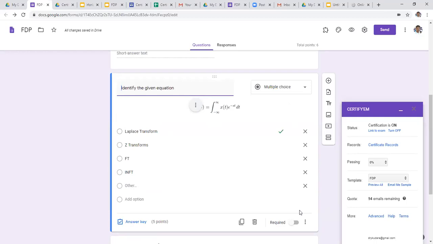If the participant clicks on Laplace transform as the right answer, automatically he is allotted 5 marks. Other than Laplace transform, he gets 0 marks. Like that, we can add mathematical expressions. You can add any mathematical expressions for any subject. Is it clear, sir? Yes, sir.